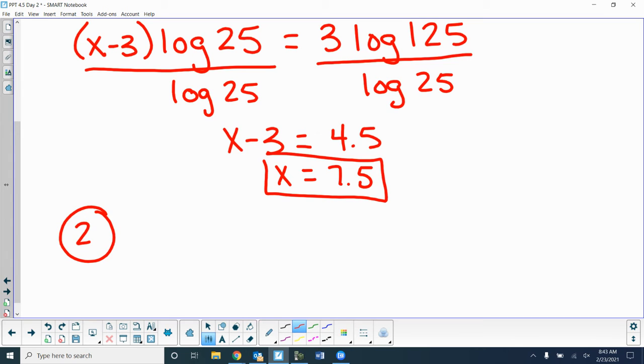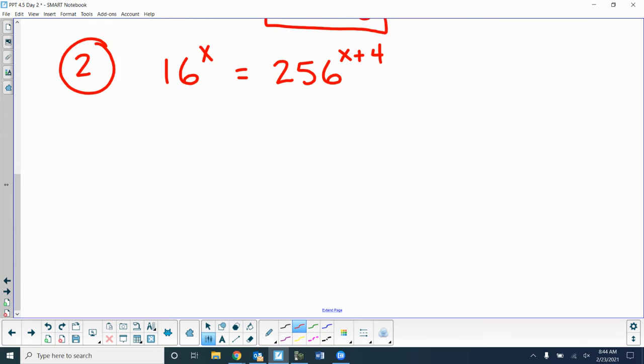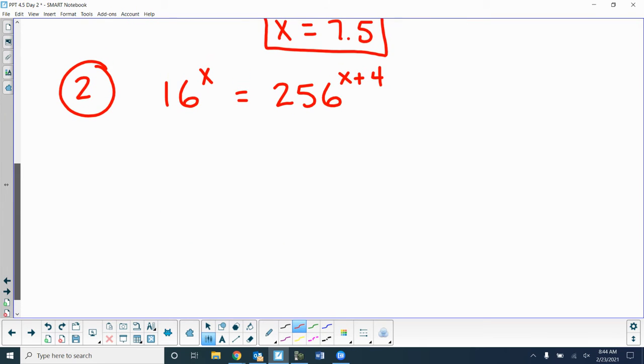Number 2, just like number 1. This one also could be written with a base of 4. So if you're one of those kids that are good at doing that, realizing that, I think we could have used 2 also, a base of 2 or a 4. But again, I like doing, we could use a base of 16 actually. Because 16 squared is 256. All right, but